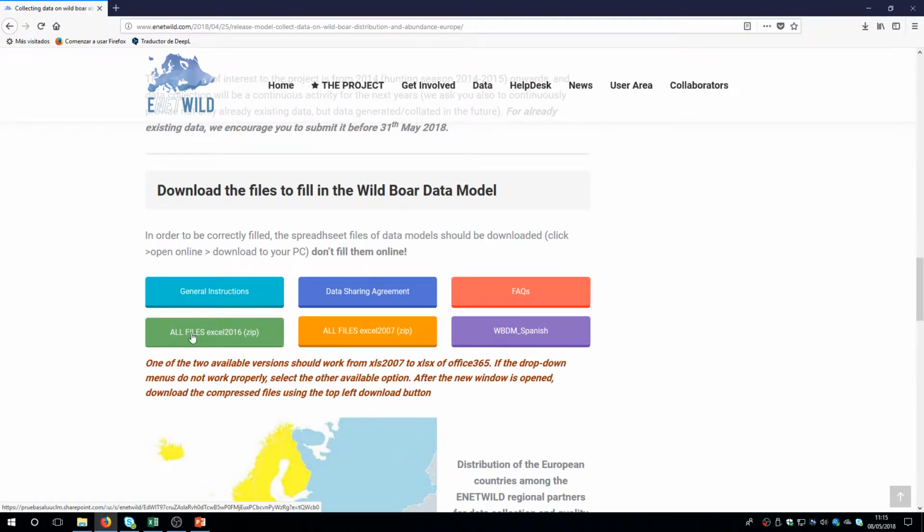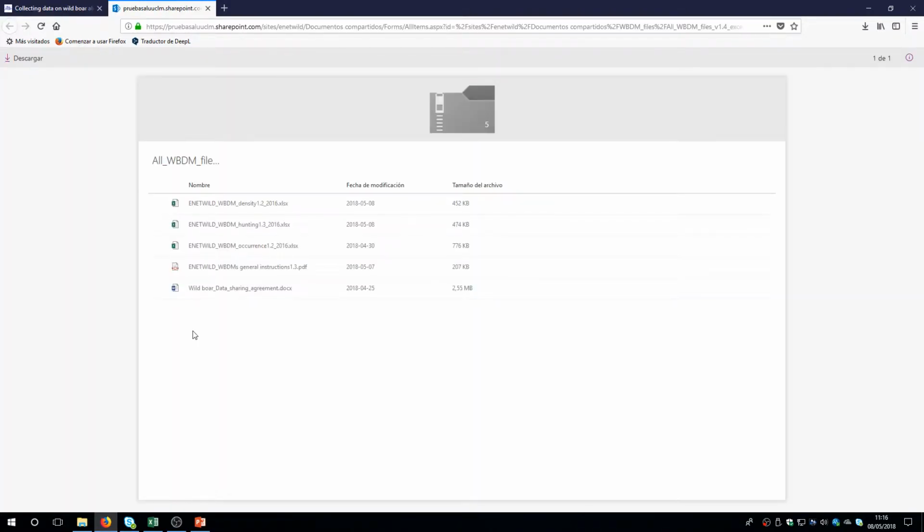To download the forms, simply click on one of the icons. A new window is opened where the archive is located. You need to download all the documents of the zip file together by clicking on the upper left button. In this file, you can see the forms with the data collection models. One for density, another for hunting, another for presence-absence, the general instructions in PDF, and the data sharing agreement in